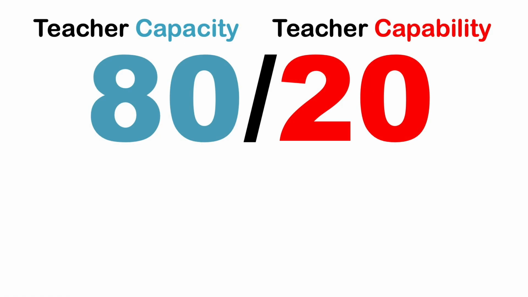Now, when we think about the typical problems that school leaders have to manage in the classroom, it's what we call the 80-20 rule, i.e. 80% of the time, those problems are related to teacher capacity. Only 20% of the time are those problems related to teacher capability. But here's the rub. Most of the interventions we see schools doing are designed to improve teacher capability and only limited focus on teacher capacity. So in other words, we're misdiagnosing the cause of classroom difficulties a lot of the time.